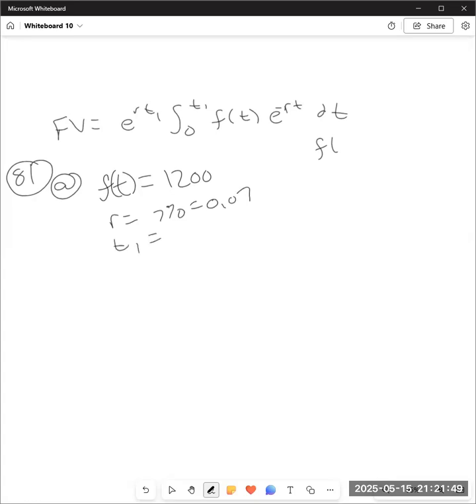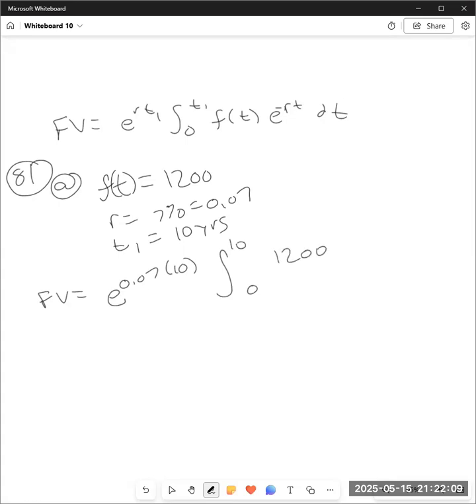T1 is 10 years. So we have future value is e to the 0.07 times (10 − t),